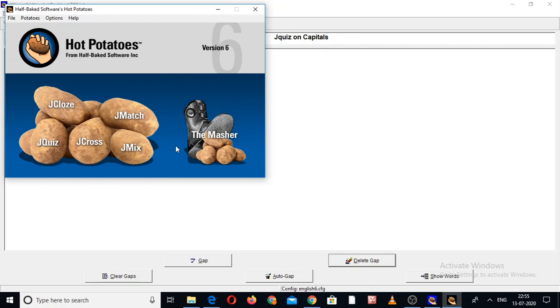So as per this definition, you can correlate these 6 different exercises with your subjects. Like the JCross, you can use it with your subject. Suppose your subject is general knowledge, GK, so you can make exercises related to GK. If your subject is English grammar, you can correlate it with English grammar, or mathematics also. So it's up to you.